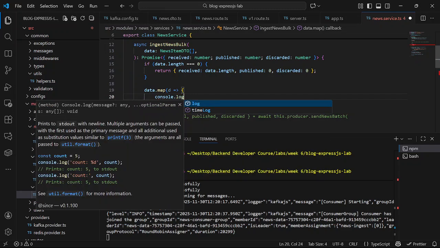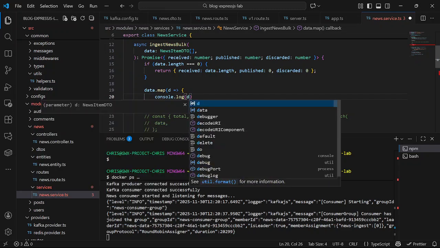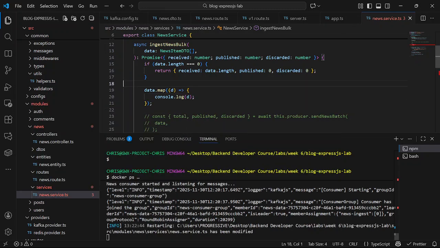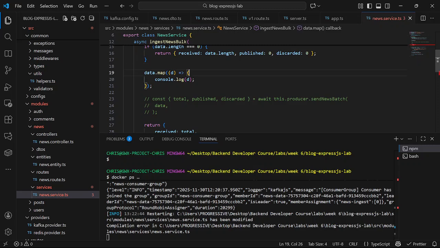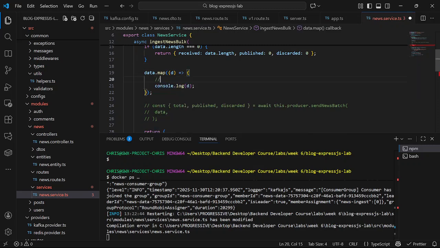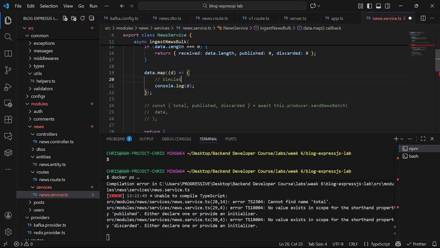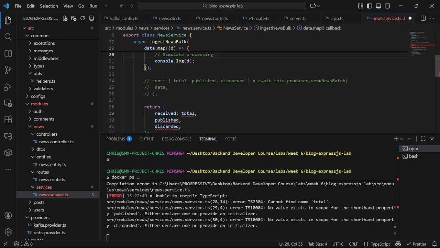Let me just console log. Maybe this is just to simulate processing, for example.